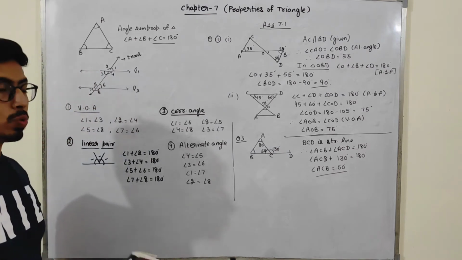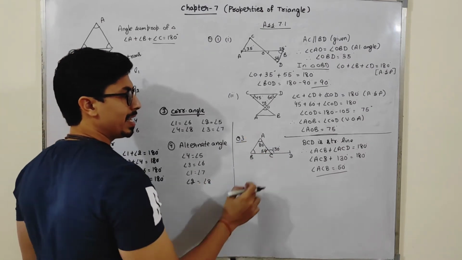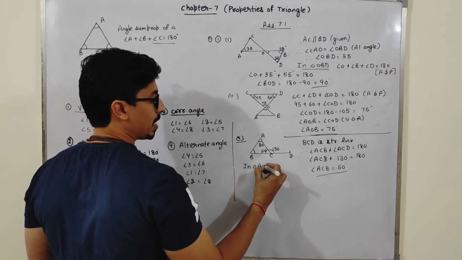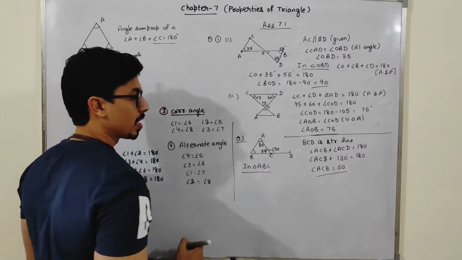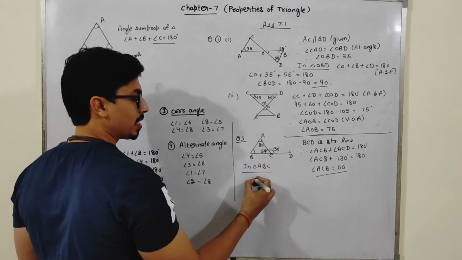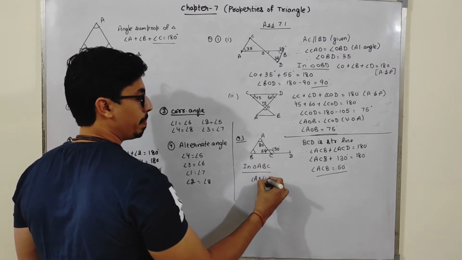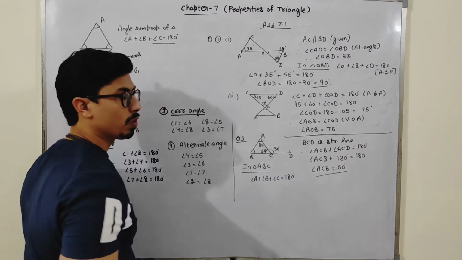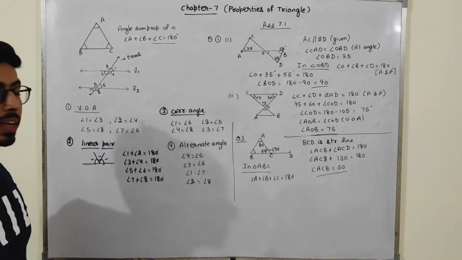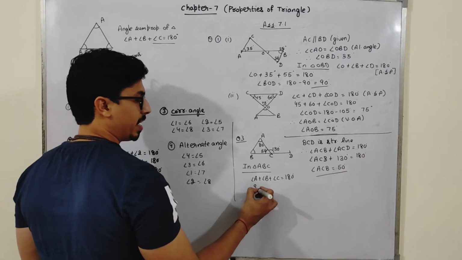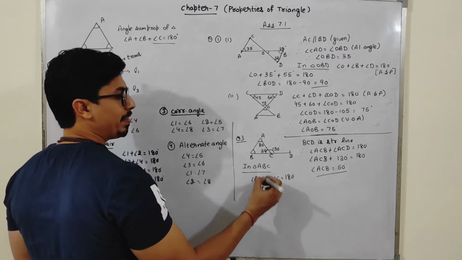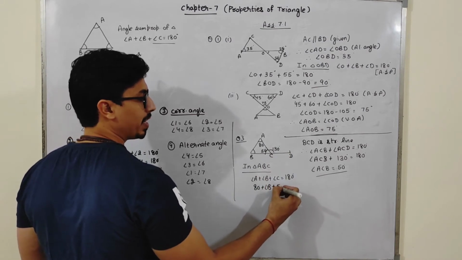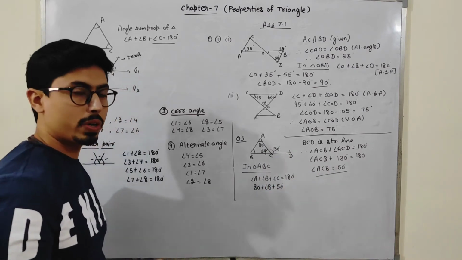Okay. Now students, I have to find out ABC as well. So in triangle ABC, if I take triangle ABC, sum of these three angles, angle A plus angle B plus angle C, it will be 180 degree. Because of the angle sum property of the triangle, angle A is 80 degree, is given to us. B we don't know, students, and angle C, that means this angle is 50 degree. That we have already found out. Okay.